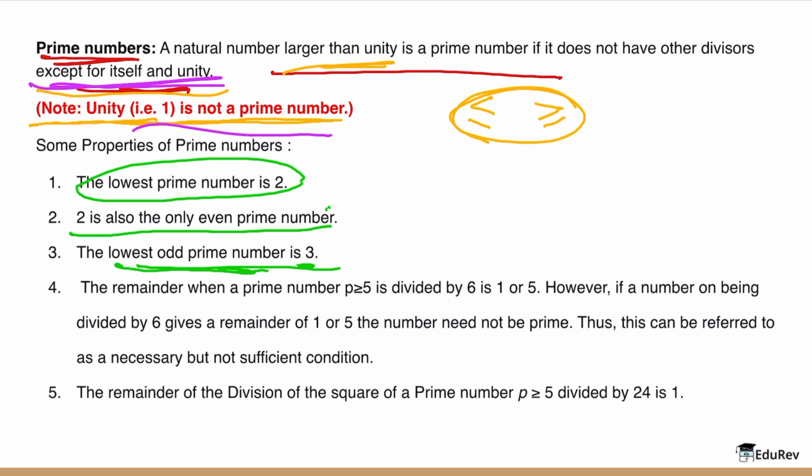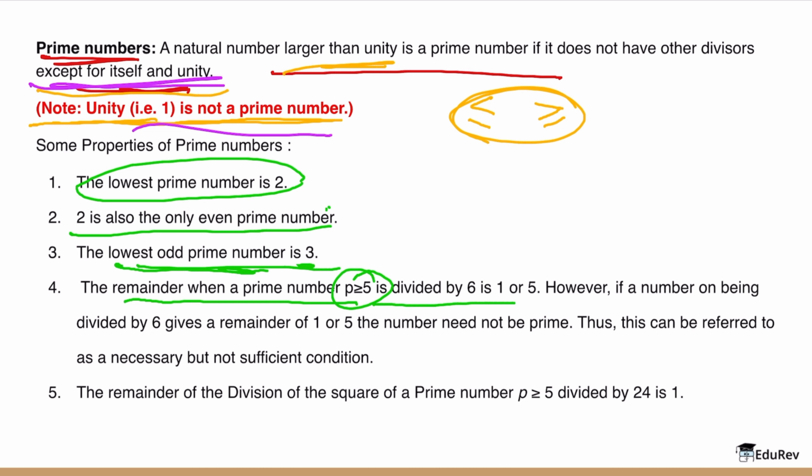All prime numbers other than 2 are odd, and the smallest of them is 3. Then, the remainder when a prime number greater than 5